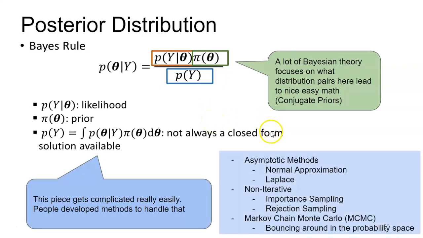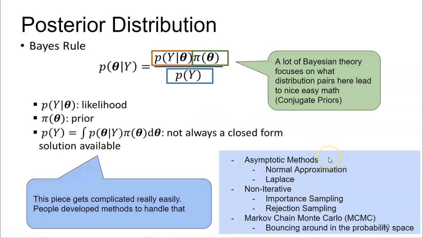What are some tricks? There's numerical methods. Some of them use asymptotic results to make them a little simpler, and importance sampling, rejection sampling, and the MCMC, which is super famous. If you've ever had Bayesian in a class, they'll talk about doing this MCMC. The idea is bouncing around in the probability set so that you can tell where the probabilities are, and then you can take all the probabilities, calculate them without fixing that little denominator piece, and they'll add up to something weird like 500, and so then you can divide everything by 500 so that it adds up to 1, something along those lines.